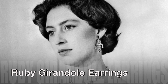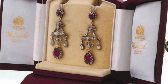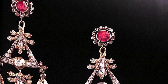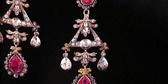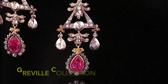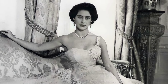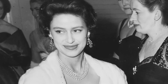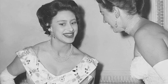Ruby Girandole earrings. Featuring large pearl-shaped rubies in an intricate diamond setting, suspended from a cluster of rubies and diamonds. The origins of the Girandole earrings in Princess Margaret's collection remain a mystery, although they are speculated to be from the renowned Greville collection. Princess Margaret began wearing her ruby Girandole earrings in the mid-1950s. With relatively few ruby pieces in her jewellery collection, these earrings became favourites, often complementing her attire for occasions featuring